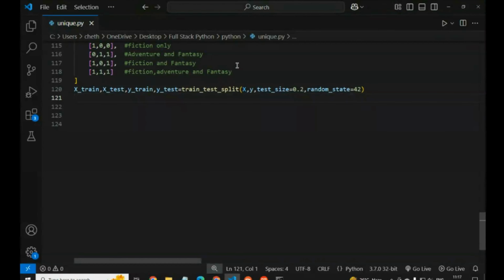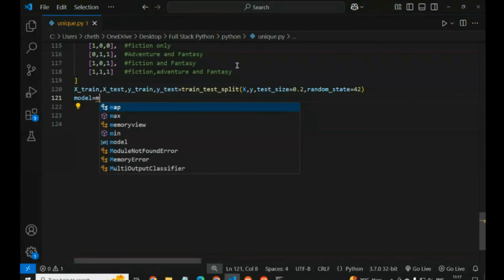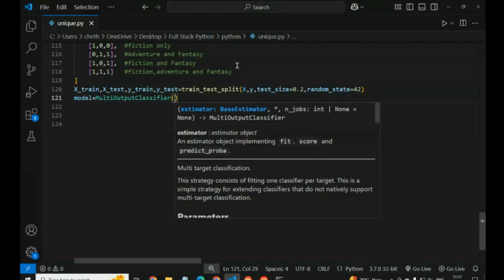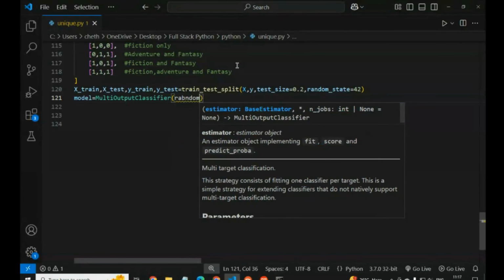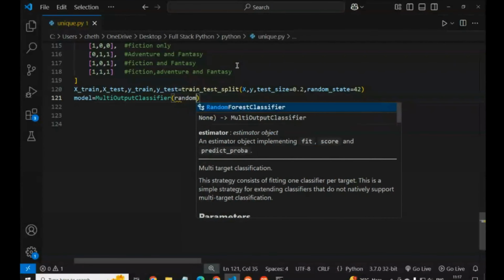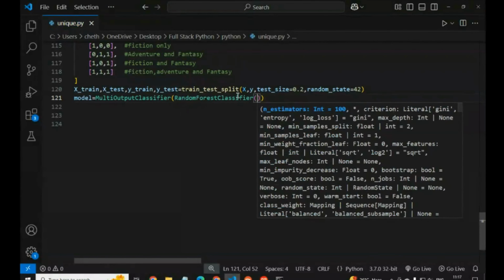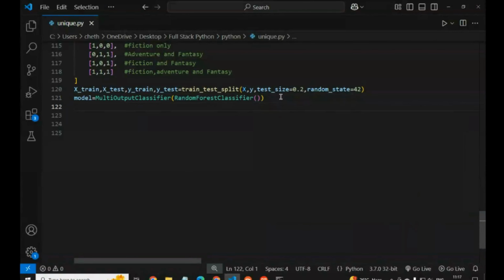Okay, so here we create the model. We give the variable name as model. Here we have to use MultiOutputClassifier, and here we use RandomForestClassifier, like that we have to write.